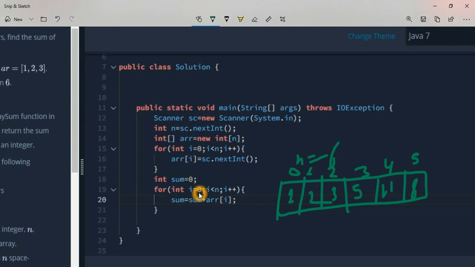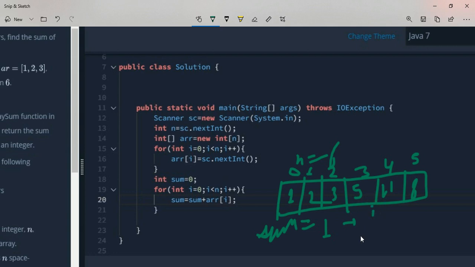When i equals 0, our first element of the array will be added to our sum. Our sum is 0 currently, so the initial value of sum is 0. Then when array of i is added, the sum will have the value of 1. Now when i is incremented to 1, the sum will be 1 plus 2, which equals 3.